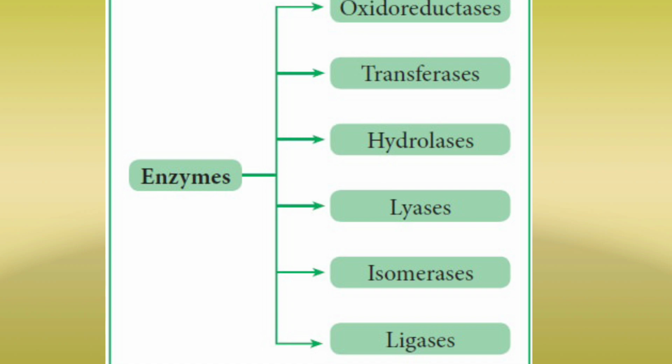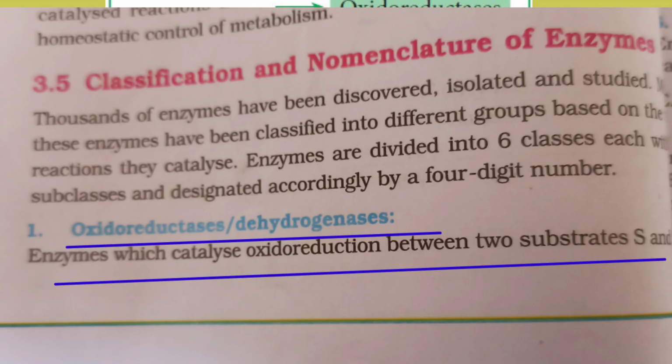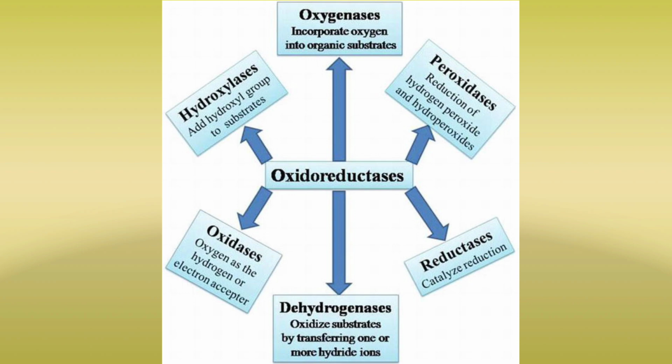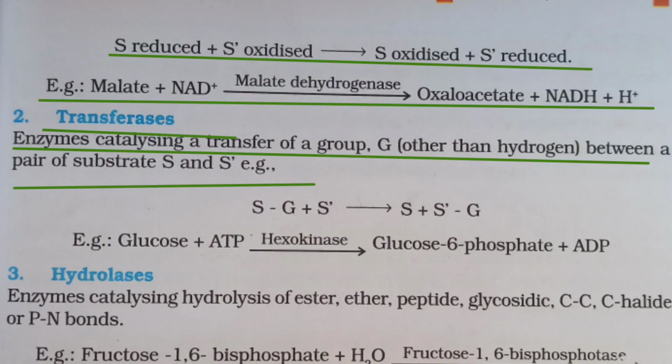Other topics. First one, oxidoreductases, dehydrogenases. Enzymes which catalyze oxidoreduction between two substrates S and S'. Example: S reduced and S' oxidized gives S oxidized and S' reduced. Example: malate plus NAD+, with the enzyme malate dehydrogenase acting on it, gives rise to oxaloacetate plus NADH plus